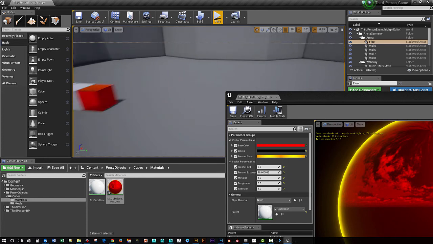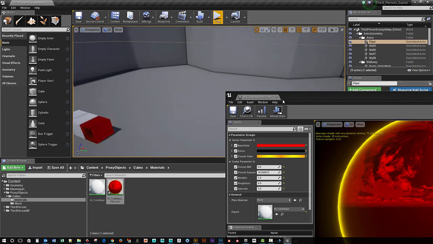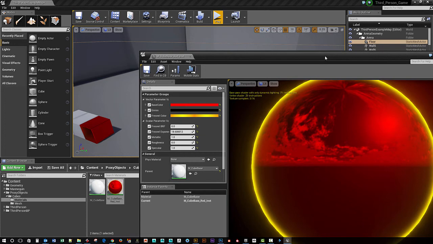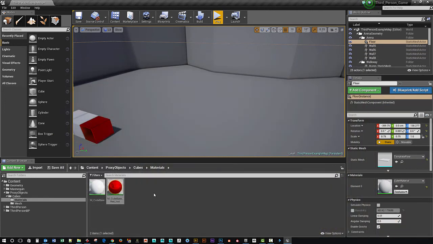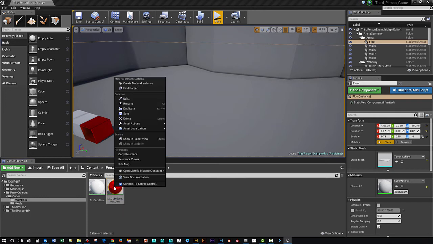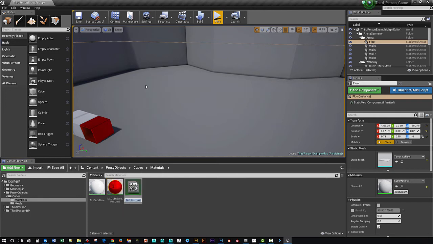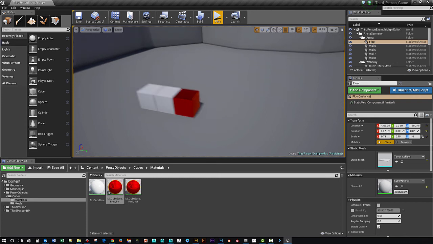And so I think that's looking pretty cool. So let's hit save. Now here's something very interesting. You can actually take an instance and you can make another instance of it. So right click in there and say create material instance, and then this one, instead of being red, let's call this blue, and I want to keep all the parameters exactly the same except for I'm going to make it blue. So I can click and drag this onto here, and that's going to fill